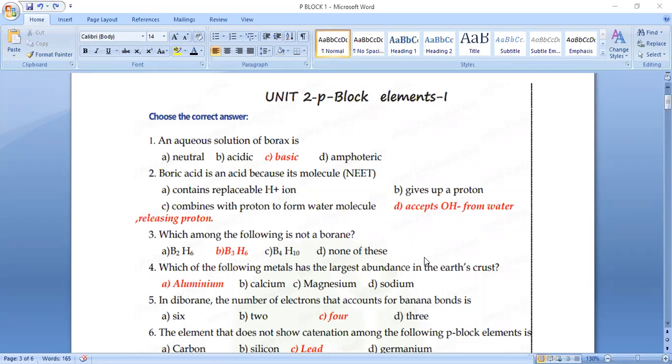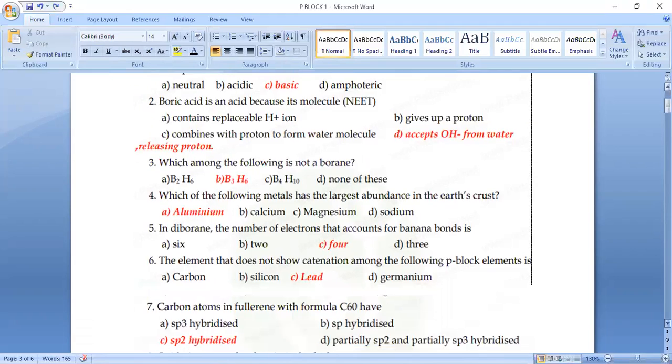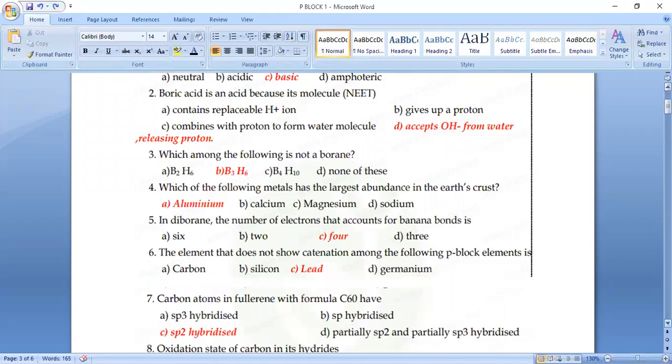So option D. So which among the following is not a borane? B3H6, option B. Which of the following metals has the largest abundance in the earth's crust? Option A, aluminium. So fifth, in borane, the number of electrons that accounts for the banana bond is option C, 4. The element that does not show catenation among the following p block elements is option